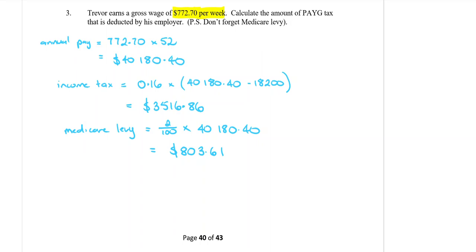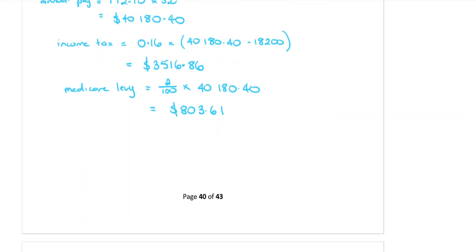So finally, I can finish my question because the question was calculate the amount of tax this person is paying, which is going to be, so I'm going to say total tax is going to be his income tax plus his Medicare levy, which is a total of